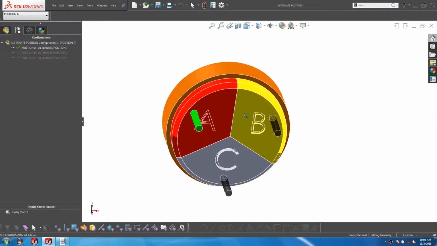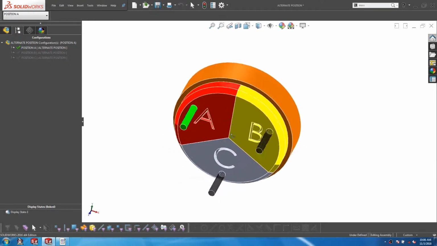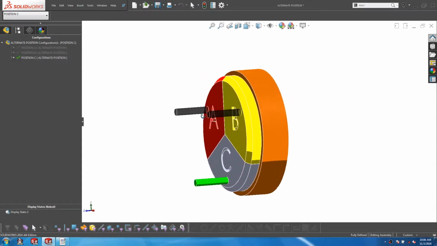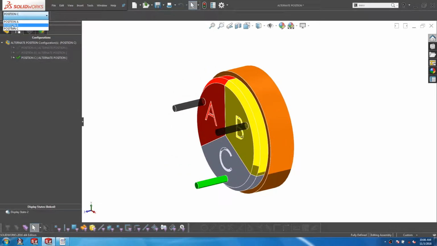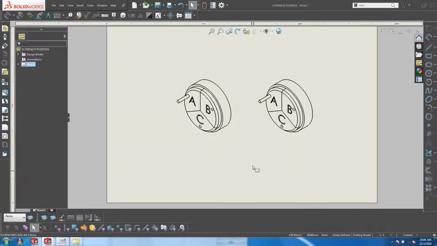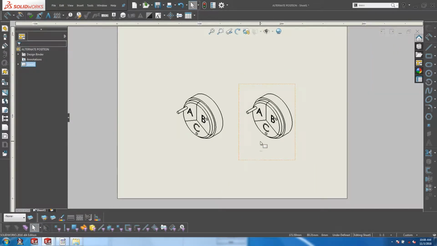In this assembly, the green cylinder has 3 possible locations. To that end, I have created 3 configurations. In each of these configurations, the other 2 cylinders have been set as envelopes so that they do not appear in the drawing. If you are interested in how to use envelopes, please refer to my earlier video on display states versus configurations. So once the configurations have been created, let's head over to the drawing where I have created